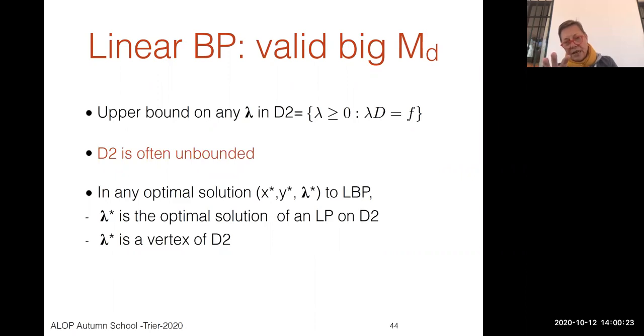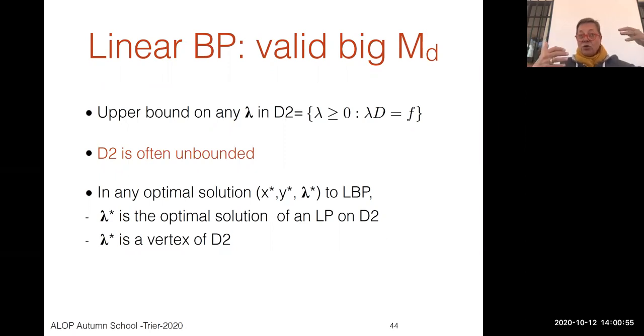So when we have seen this reformulation as a single level, what we know is that (x, y) must be feasible for the high point relaxation. Lambda must be feasible for the dual. But in addition, lambda must be the optimal solution of an LP on this,